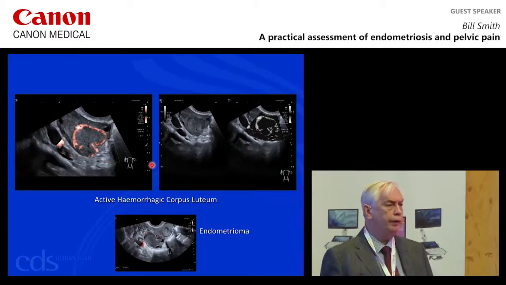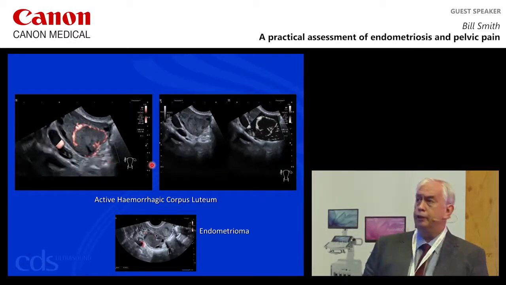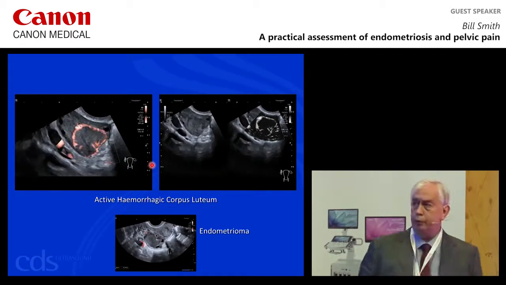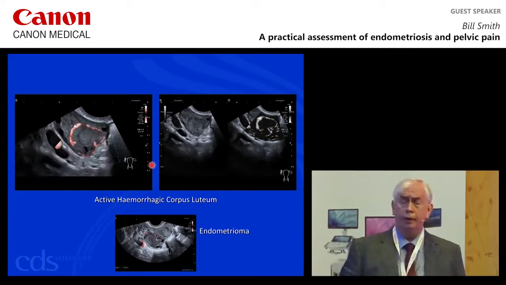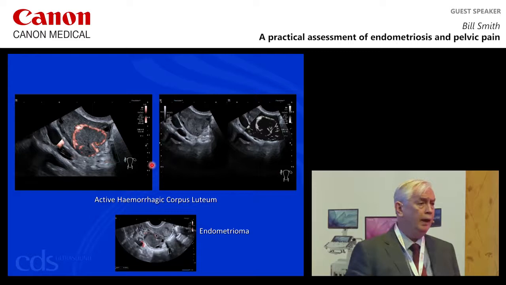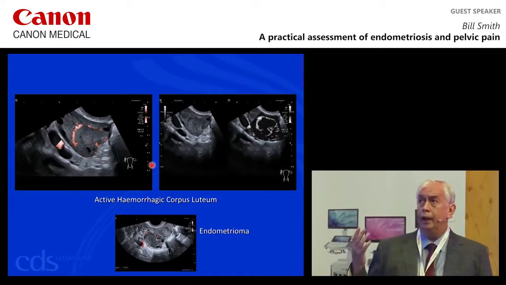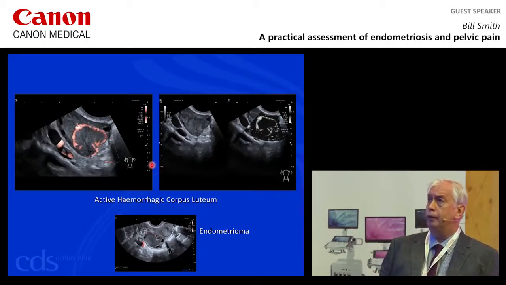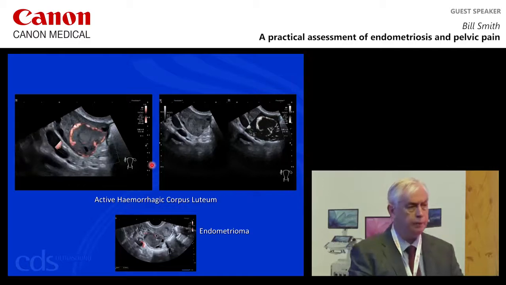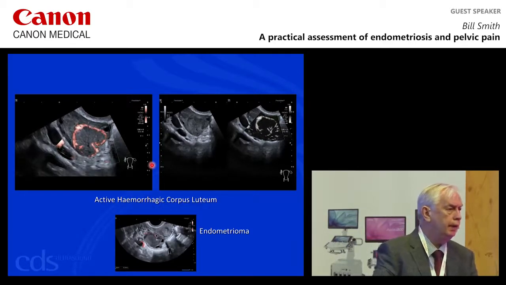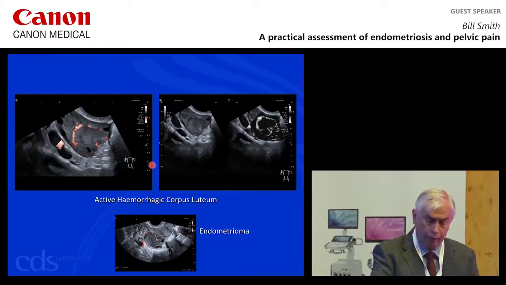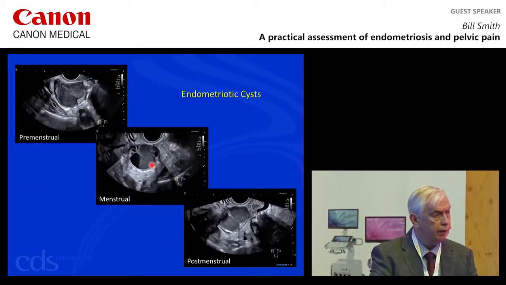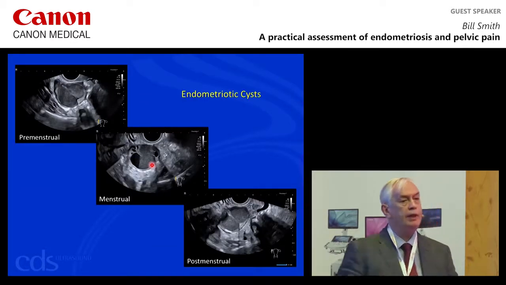And certainly the most common issue in terms of differential diagnosis is differentiating between an endometrioma and a hemorrhagic corpus luteum. And really, color Doppler is very, very useful here. Very useful, particularly the SMI that you can see there, the color, the monochrome, in terms of looking at peripheral angiogenesis around the lesion. But also, if we look at an endometriotic cyst around a period, there are changes within